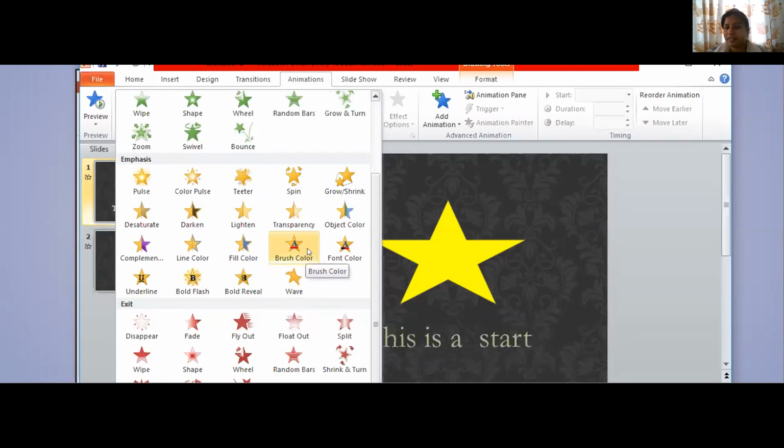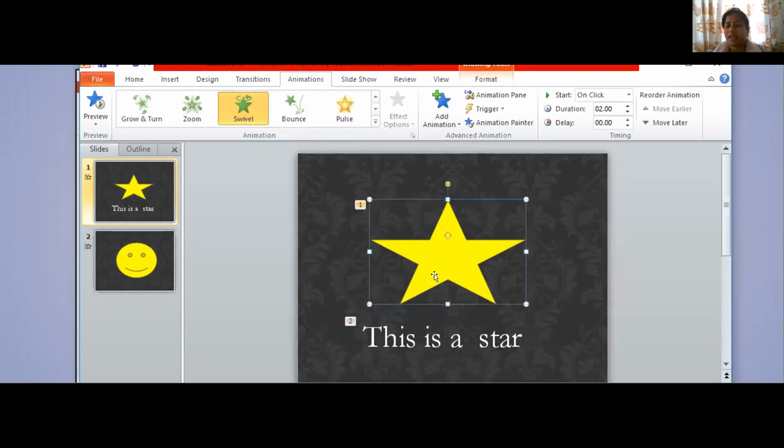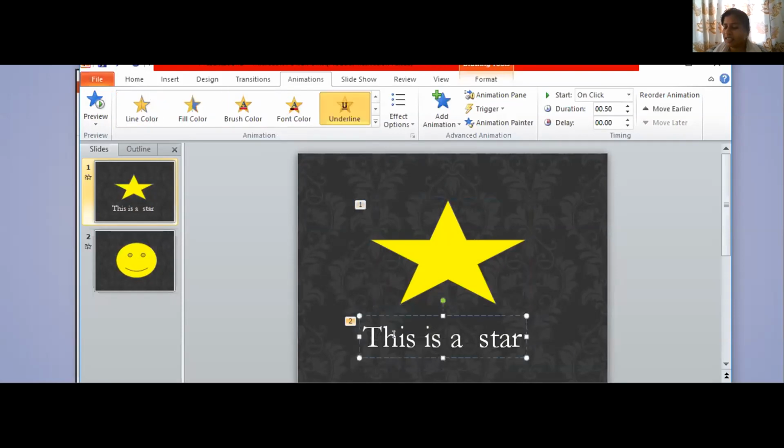Yes, underline, I can take it as an underline. Let's see a preview of it. This is a star, correct? So this way you can give animations to the objects, written text, anything whichever you want, plus transitions to your slide.